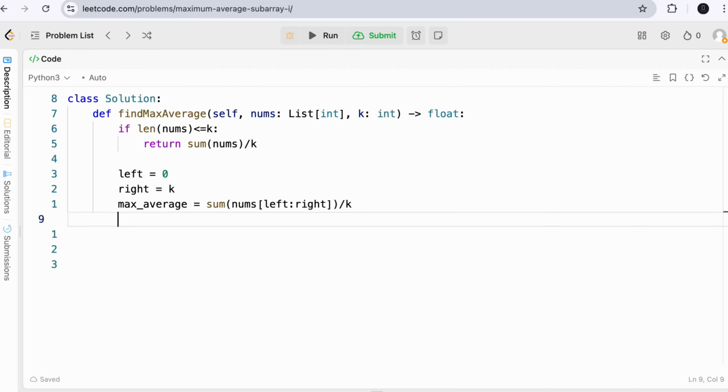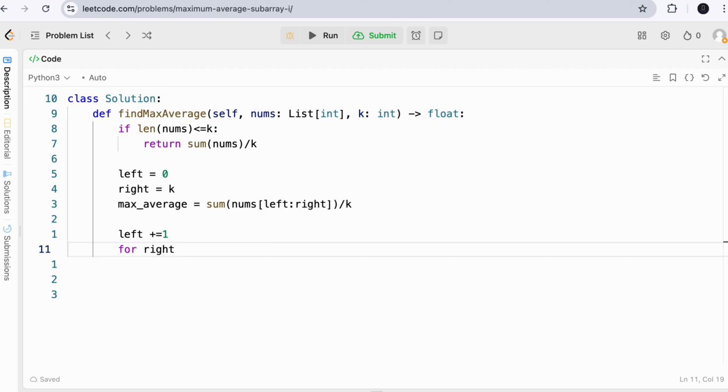We set a variable max average, which is the average of the first window that we have, and then we move our left pointer by 1 and our right pointer by 1 at each step. So we can use a while loop or a for loop here to move our right pointer, and since we calculate the average at the first window, then we move our right pointer from k plus 1 until the last